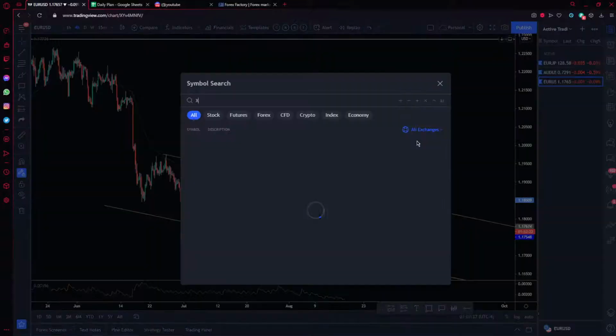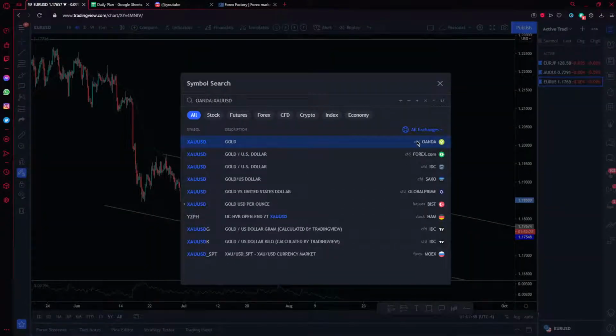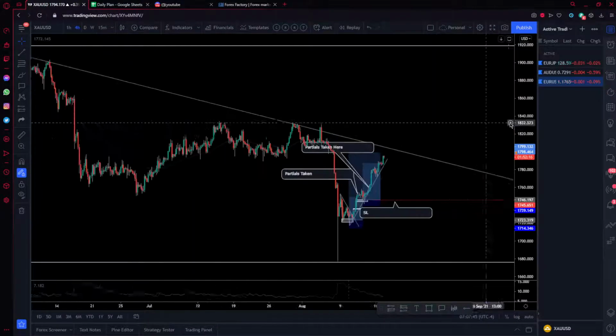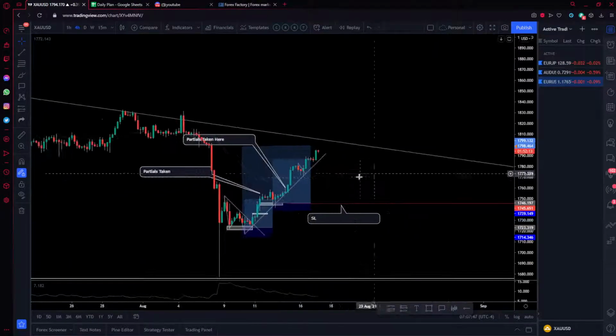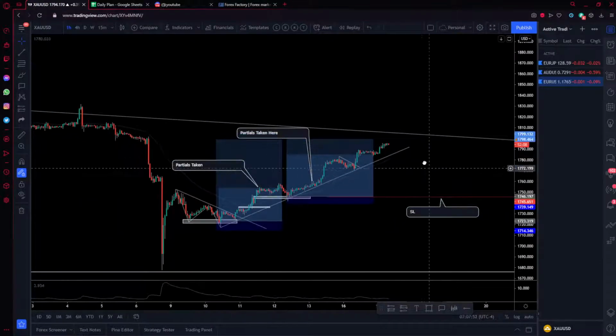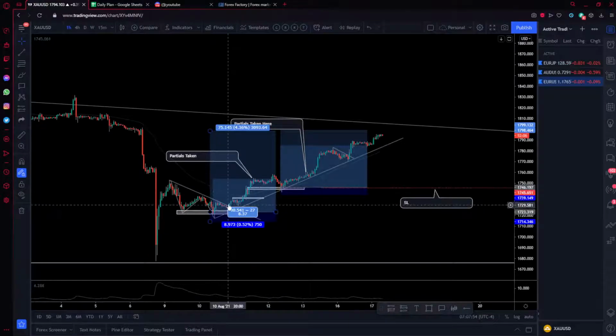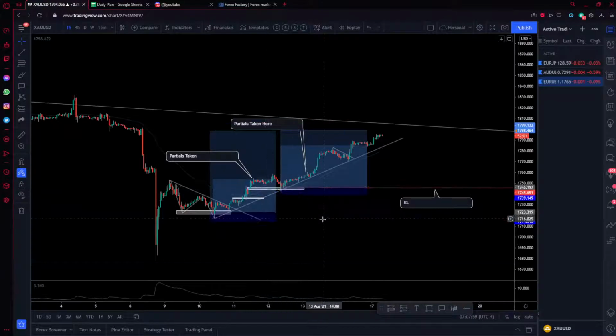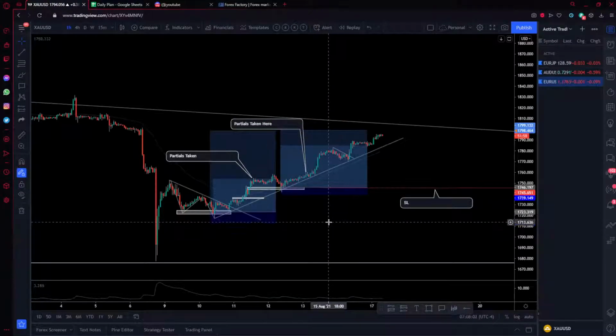All right, next pair, gold. Gold is still scaling up, almost reached TPs. Let's go down to the 1 hour where the setup is based off of. Okay, so holding two positions. In this, I'm not trading gold live, just to be clear. I'm trading gold on demo, still testing, gathering data for it. I will say, it would be probably the reason